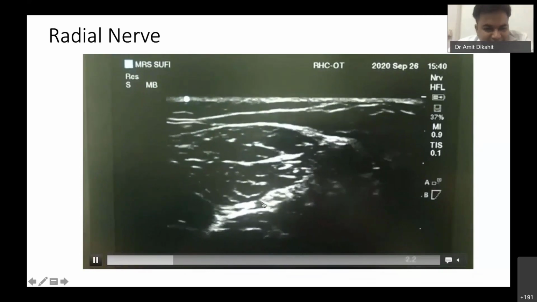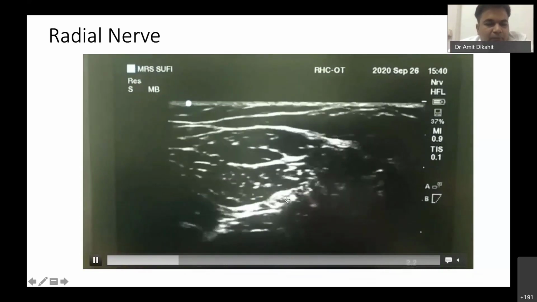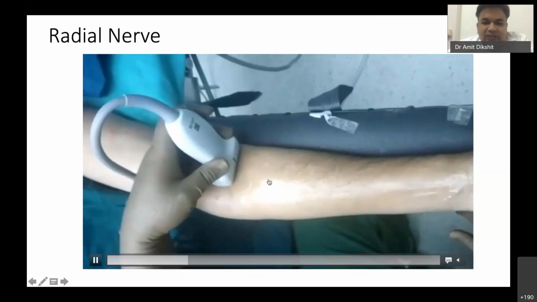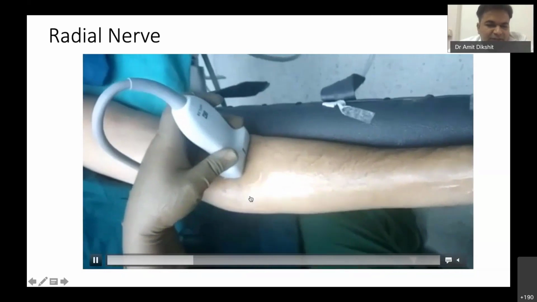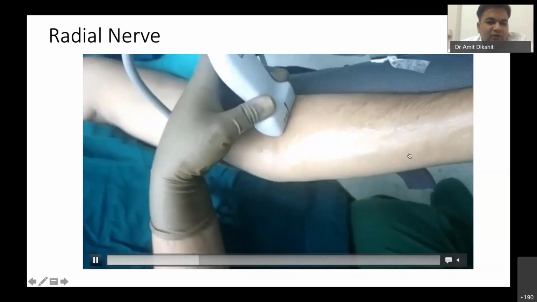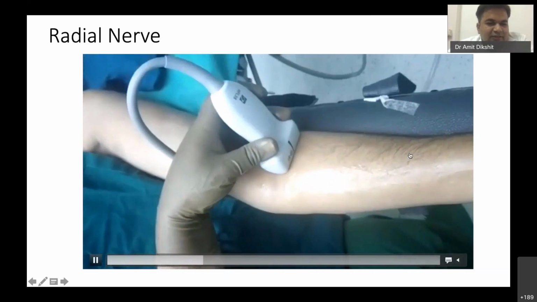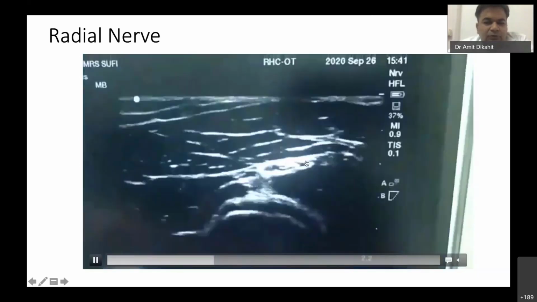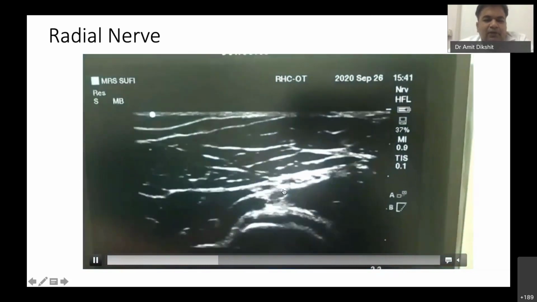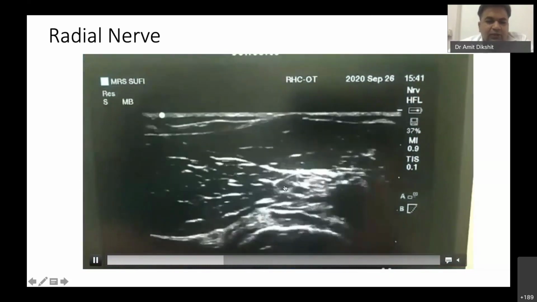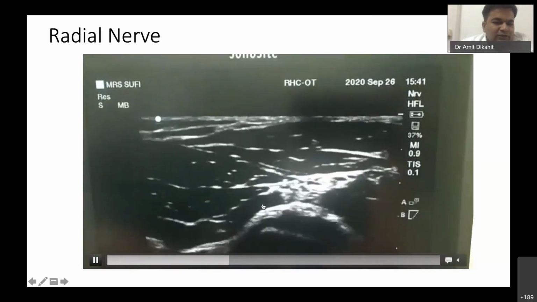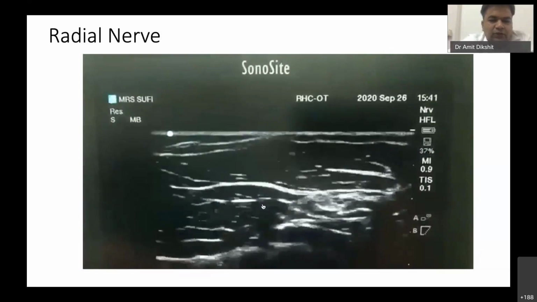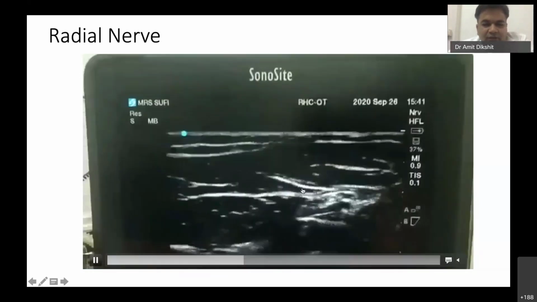So if you trace it still distally, you can selectively block the superficial part when it is, say, surgery for the base of the thumb, and you can spare the extensor muscles of the forearm, because it is not at all necessary to block these. So it is a site specific approach. So you need to identify the nerve very clearly and try to trace it. So if you have ultrasound, even tomorrow, you can just play with that equipment. You do not need a volunteer. You can scan your own hand and see how the nerve is behaving.